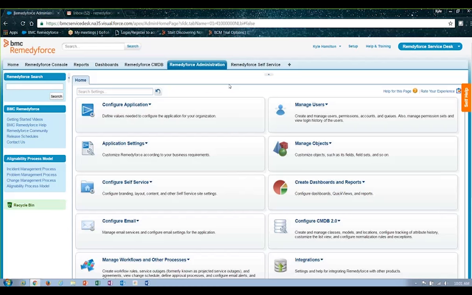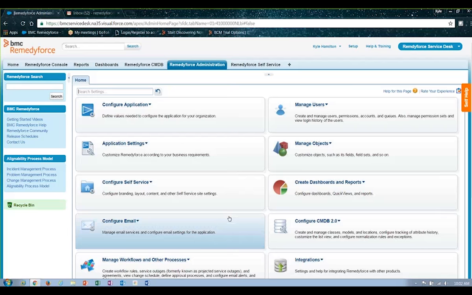It requires no scripting or coding of any kind, and RemedyForce has done a great job of building all of those administrative features or tools into one simple tab or interface so that you can quickly gain access to whatever you need. I refer to this as the RemedyForce Administrative Launchpad, and you'll see it provides me with a selection of tiles so that based on what I'm looking to administer, I can quickly get into that particular section